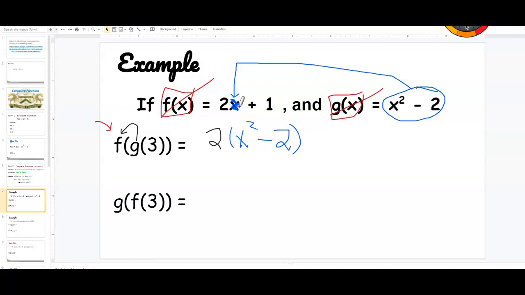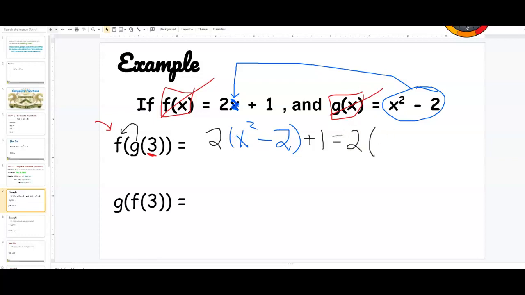So we finish the second place, right? And then keep copying plus 1. So here you see we have 2 something plus 1, but we change the x in equation f, because the question asks you to put equation g in equation f. So put equation g in equation f in the place of x. Okay? And then we're going to deal with the 3. It means when you see x, replace it by 3. So let's copy the equation one more time. It equals 2